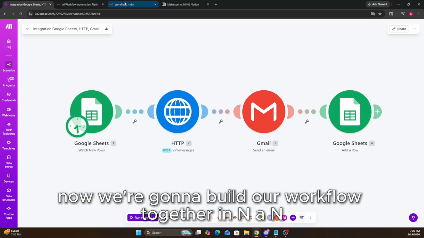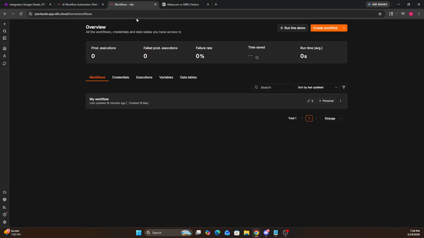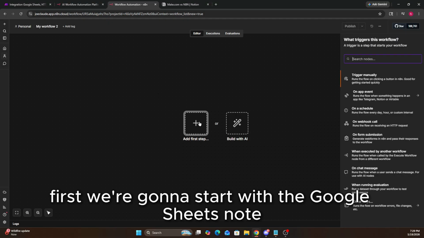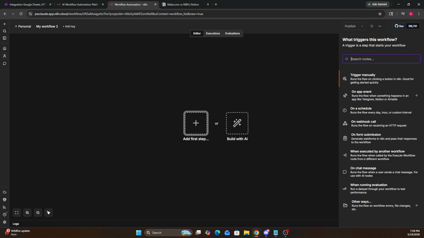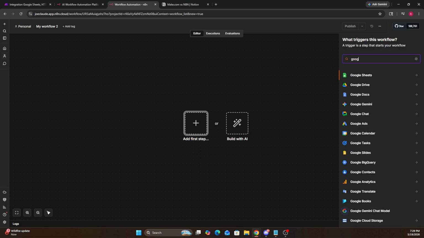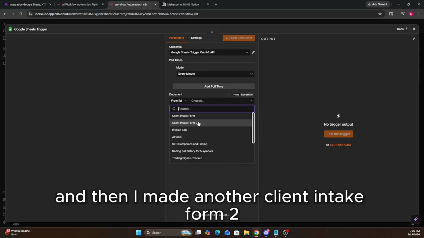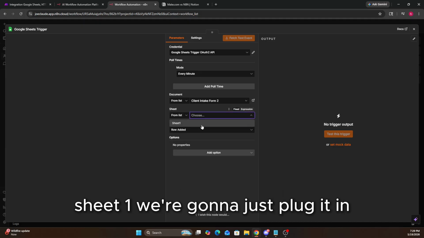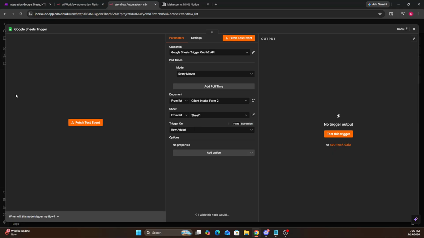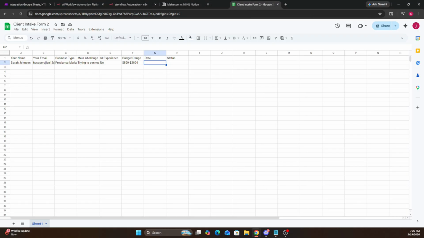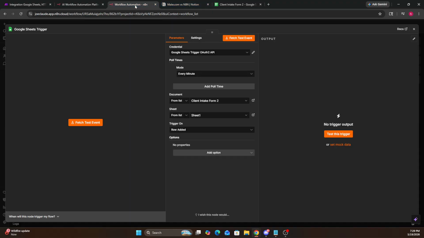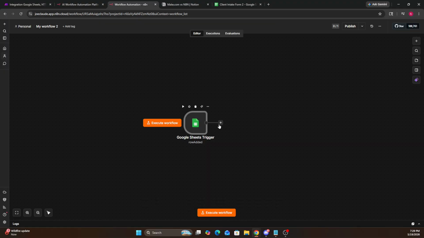Now we're going to build our workflow together in n8n. First, we're going to start with the Google Sheets node. And then I made another client intake form 2, sheet 1. We're going to just plug it in. There we go. Next, we're going to hit the plus icon and